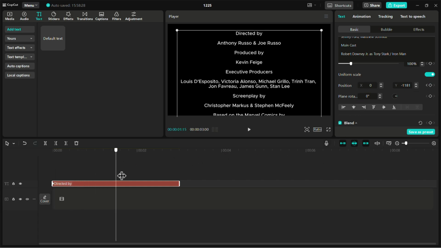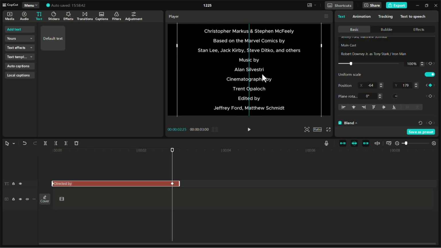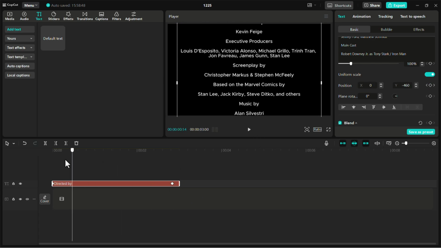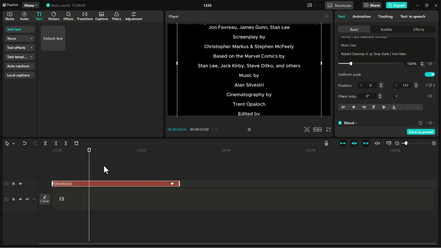Now move your playhead near the end of the clip. Click on the position keyframe again. Now drag your text to the top of the screen. If I play the clip from the start, it's rolling like an end credits scene, but it's too fast and